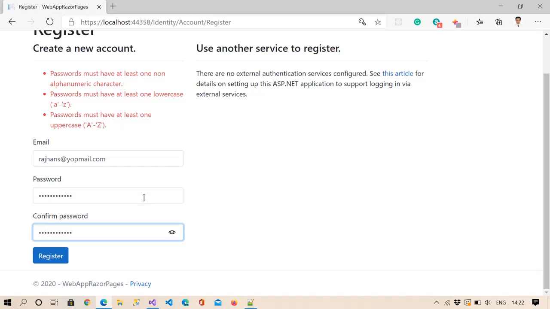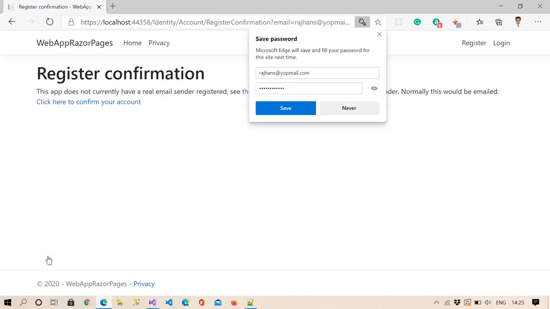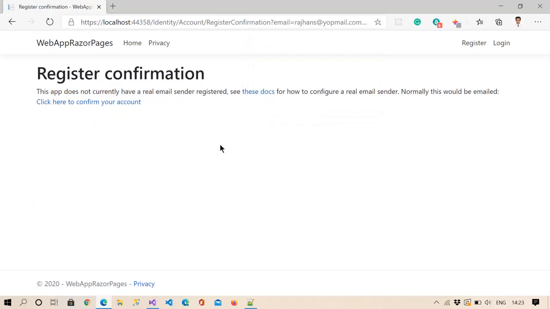Now I have used all the required formats for the password. Now we will click on the register button. Basically I have followed the regular expression for entering the password.